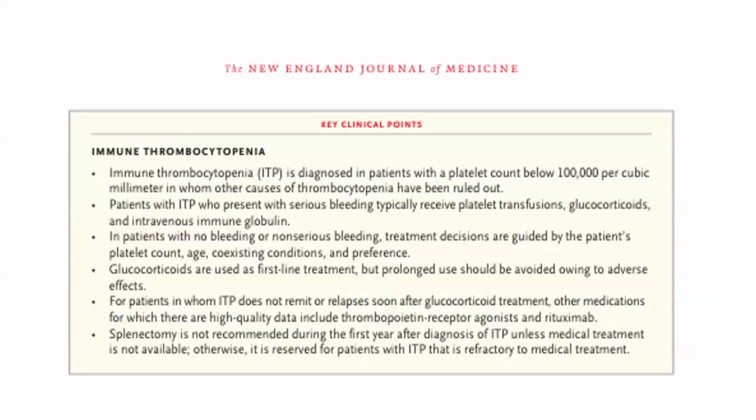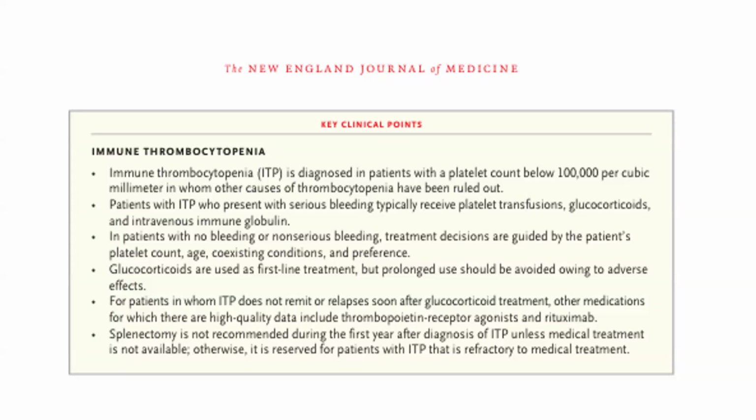So the key points are: ITP is diagnosed in a patient with platelet count below 1 lakh per cubic millimeter in whom other causes of thrombocytopenia have been ruled out. Patients with ITP who present with serious bleeding typically receive platelet transfusion, glucocorticoid, and intravenous immunoglobulin. In patients with no bleeding or non-serious bleeding, treatment decisions are guided by the patient's platelet count, age, coexisting conditions, and